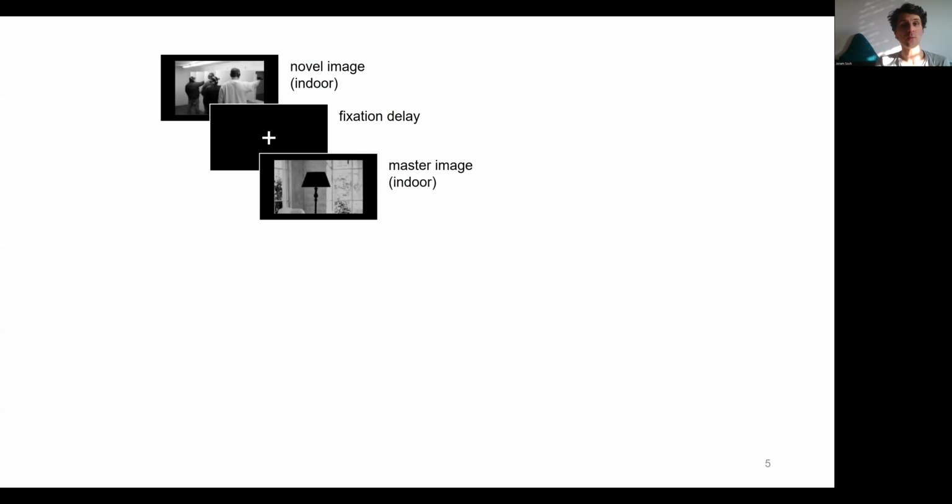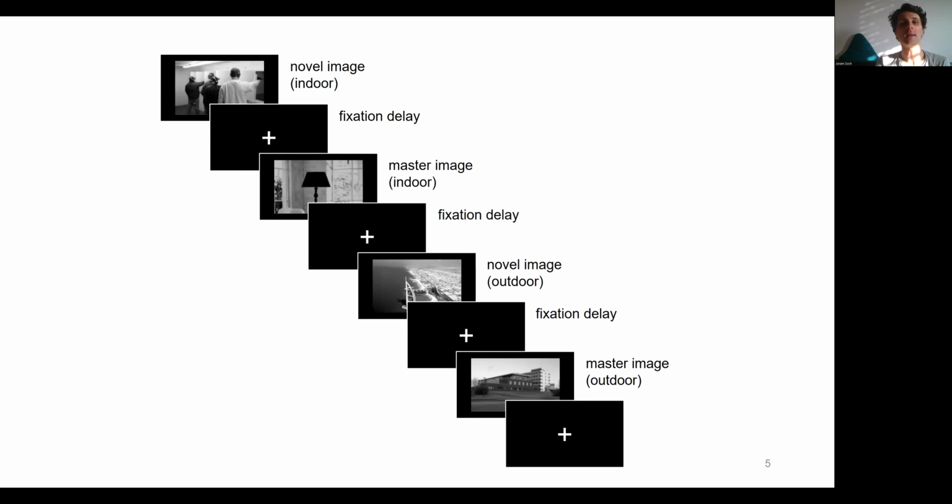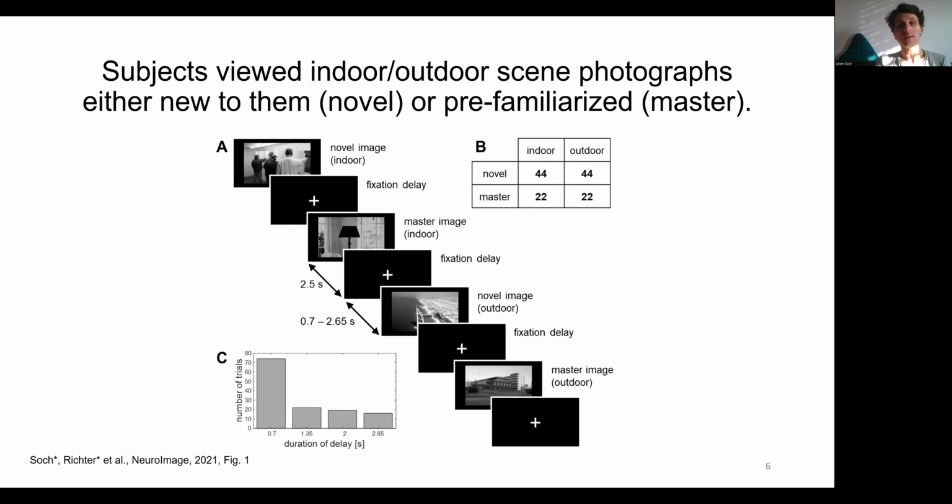In our experiment, subjects are presented with photographs, which were either new to them at the time of presentation or which they had seen before a couple of times, here called master images. And their task simply was to indicate via button press whether an image is showing an indoor or an outdoor scene. This is the encoding session of our memory experiment, and there was also a retrieval session 70 minutes later outside